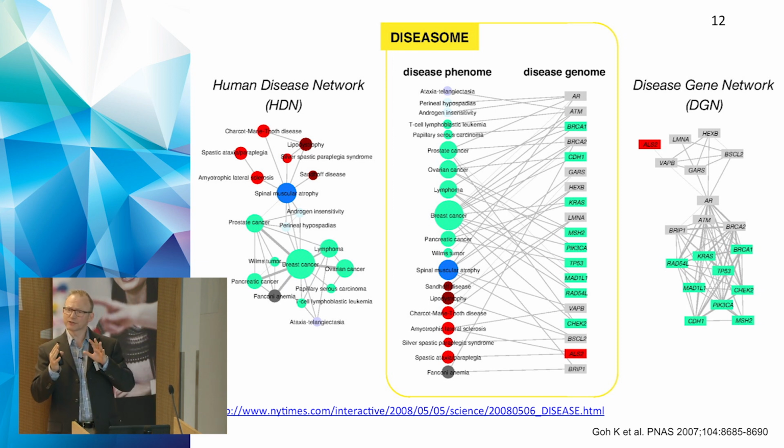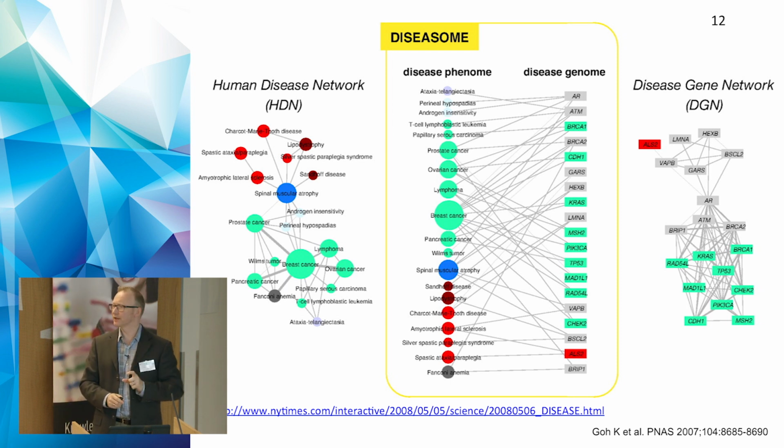However, it's possible to make 2 separate networks out of this. If you say, I look at this disease and all of its neighboring genes, and I hop over to other diseases that they are connected to, so I sort of trace out and get rid of all the genes, this is the human disease network. You put in links between 2 diseases if they share a genetic cause or association. The disease gene network is links between 2 genes if they're involved in the same disease.